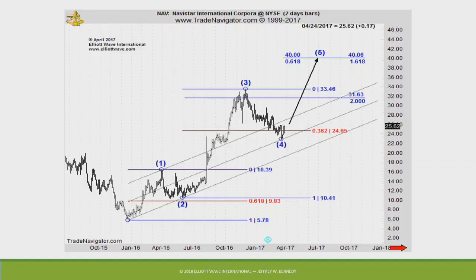Also, when I was talking about the angle of ascent and descent, if this were indeed an ABC, you have this slope of that wave 1, then your slope in wave 2. Well, once you see that, it's not a C wave anymore. This is going to be a third wave.